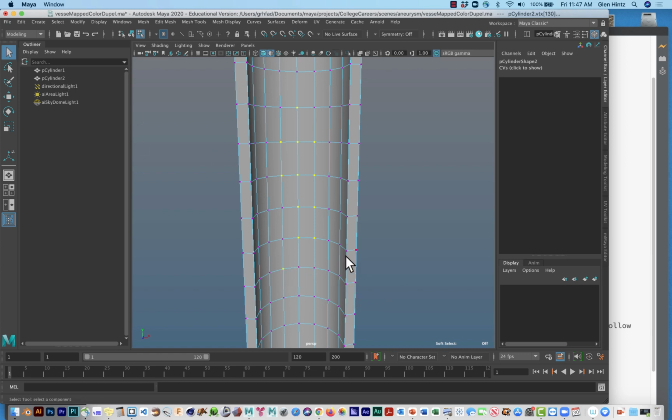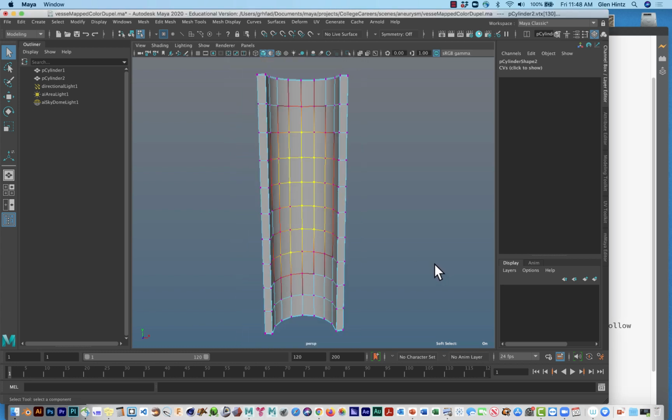Now I'm still using the general select tool. Now I'm going to hold down the letter B, and if I click it or just push it down and release it, you notice I now get this yellow to orange, even to black gradient. That tells me this is called the soft select. So it tells me that those yellow vertices will be influenced very significantly at 100% when I do something like scale, move, or rotate, while as I get further away from bright yellow all the way to black, which has no influence, that effect or whatever I decide to do will be